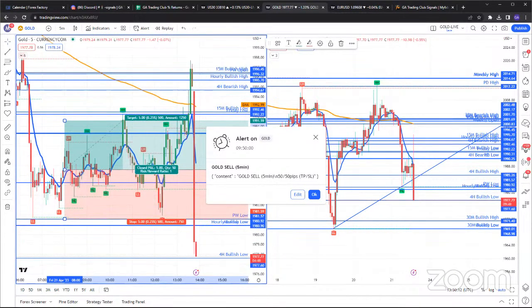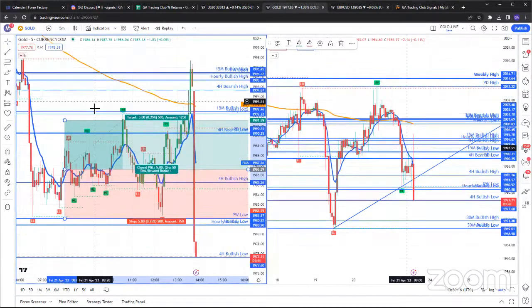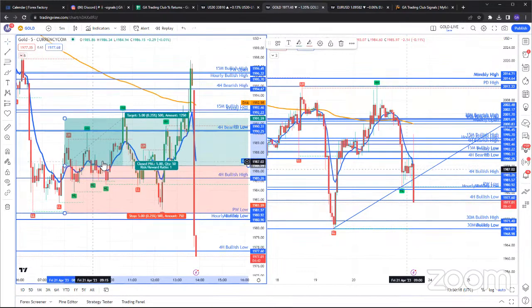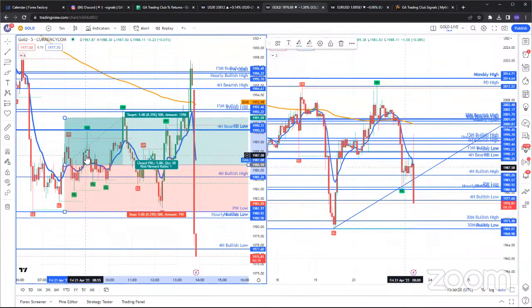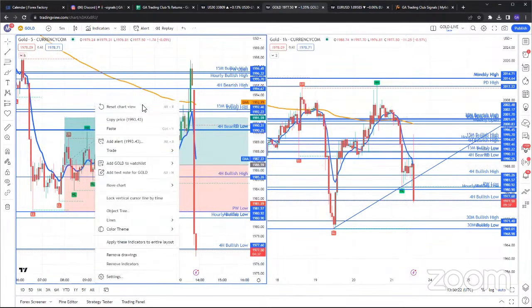Oh, perfect. All right. Still in profit. So if there was news here, like right here, I would have still entered this trade manually, because after we've backtested